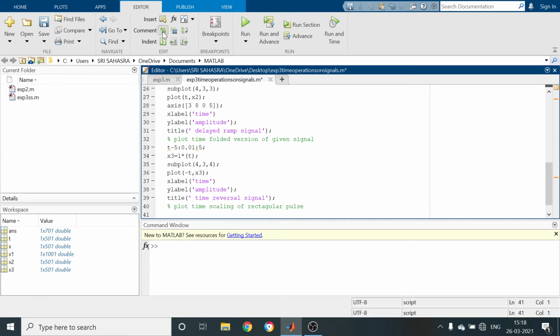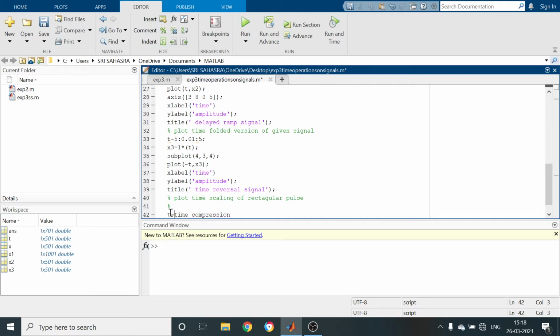So for this rectangular pulse, I am going to take a time variable. First one is compressed signal. I am going for time compression. So I am going to take a time axis as t equal to -6 to 6 with variation 0.01.